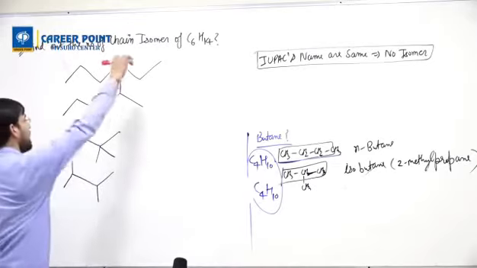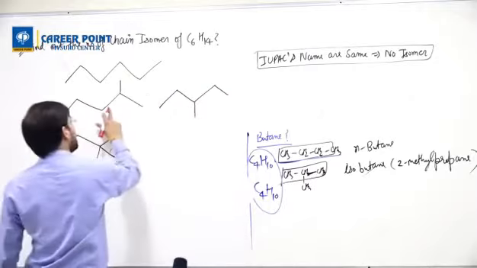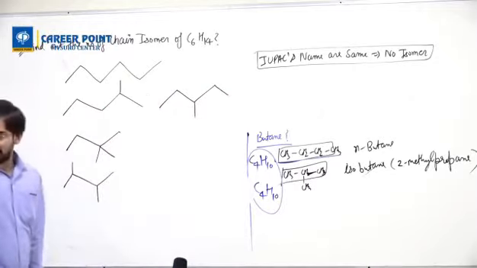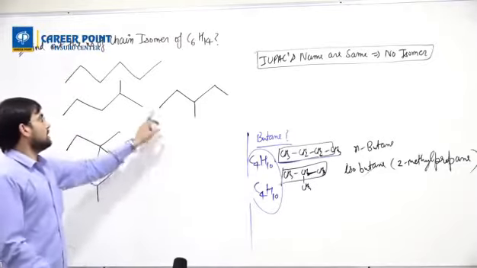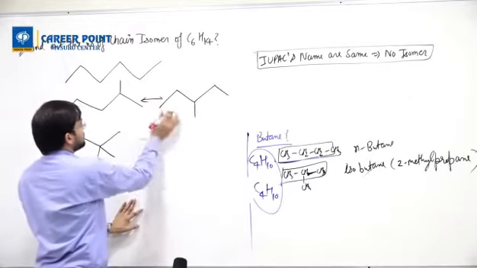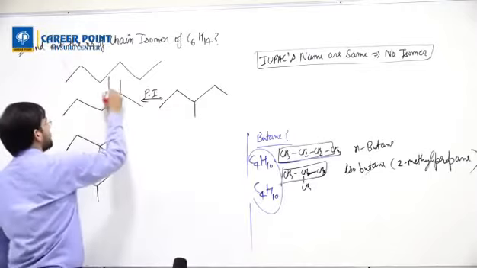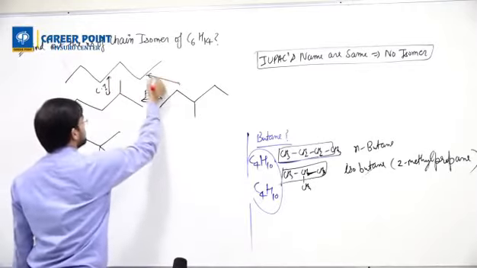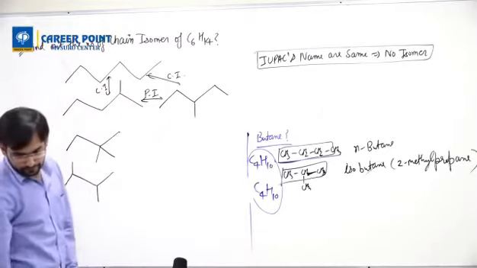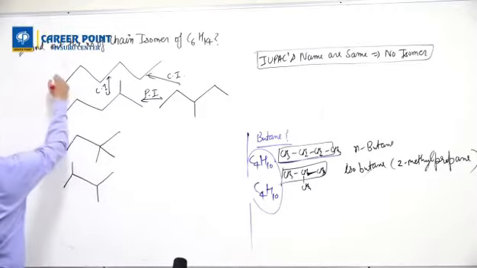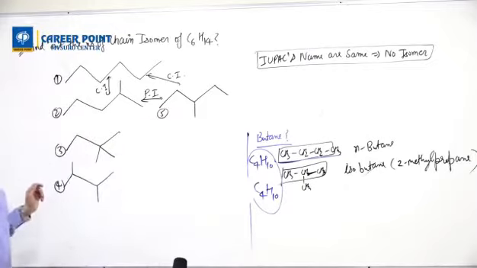Now what happens is, I can draw one more here, there. Now, 1, 2, 3, 4, 5. These two, if you ask what is the relation between these two, they are position isomers. But what is the relation between the others? These are chain isomers of this compound. Understand now? So in total we get 1, 2, 3, 4 and 5. Clear?